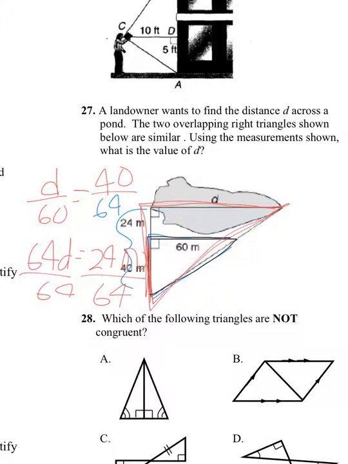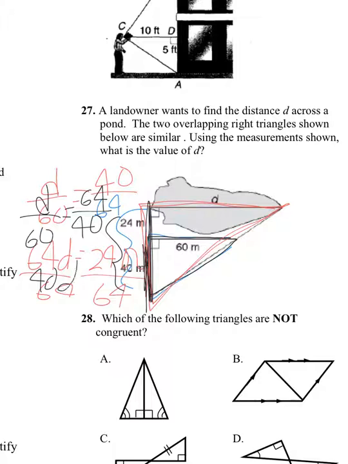So if we're going to make some sort of proportion, which is how you solve it, you're going to get something like D over 60. That part's fine. But now, what is the side of the big triangle? It's not just 24, 40. It's those two values combined. It's 64. 60 from the small triangle matches with 40. So you're going to get 40D equals 64 times 60,